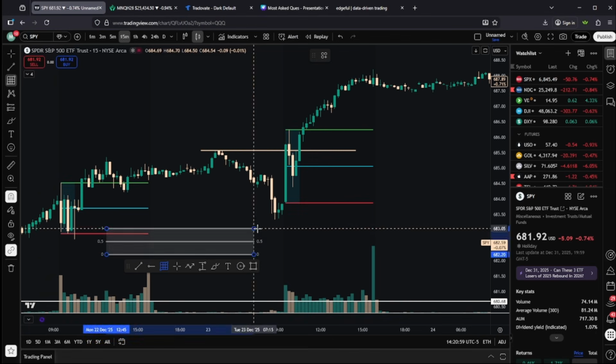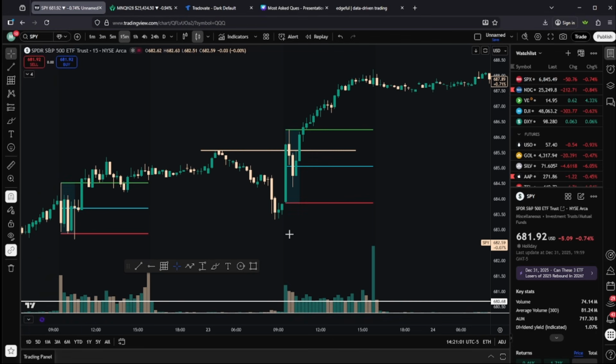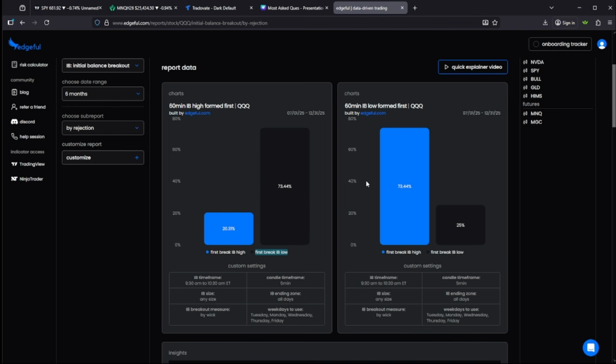For anyone that might be questioning the win rate on it, or wondering why I might not have been as successful as it made out to be in the video, add confluences to the strategy. So the IB by rejection, the IB 50 entering the IB, that alone should be a 73% win rate. You're going to lose 1 out of 4 trades on it. Sometimes you're going to go in streaks of losing, like December. That wasn't a very good month to take the IB trades, but over the past 6 months, this is what